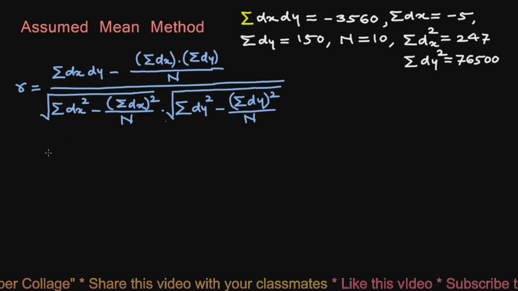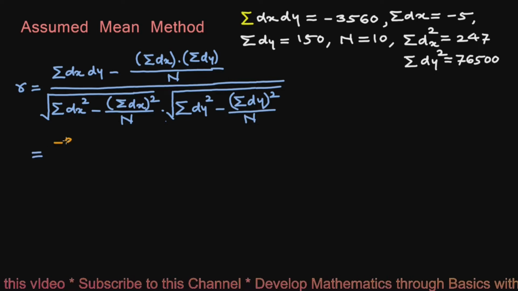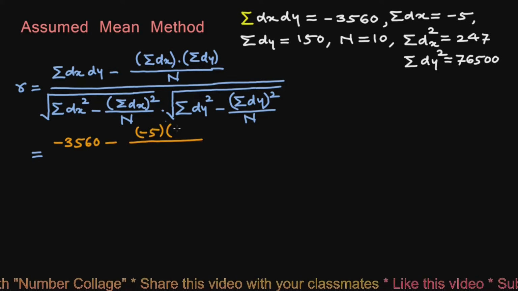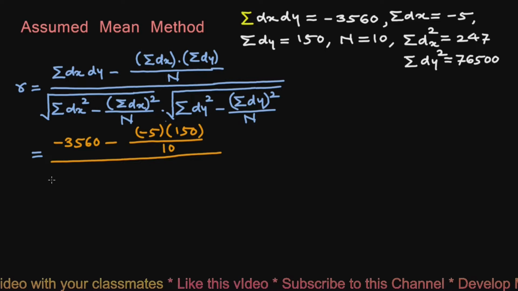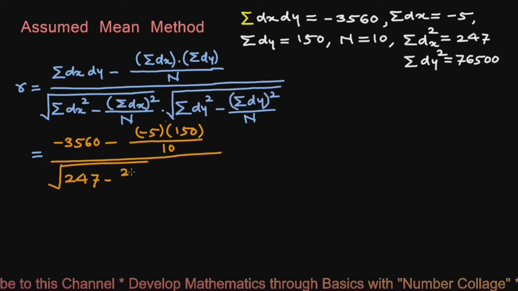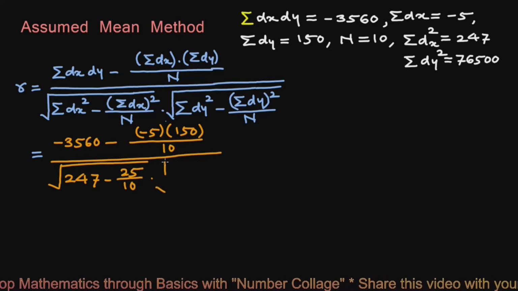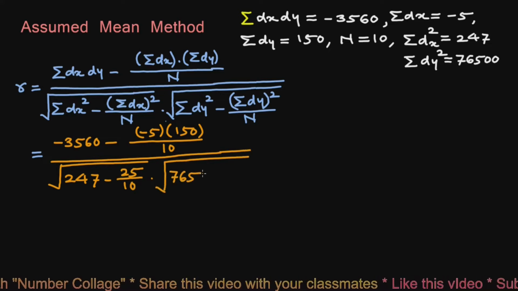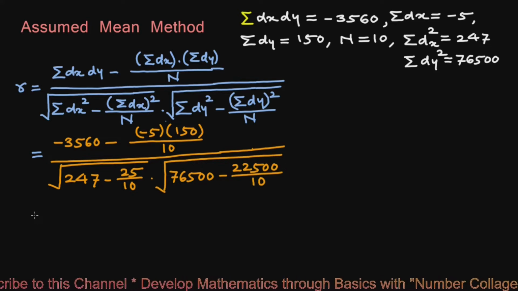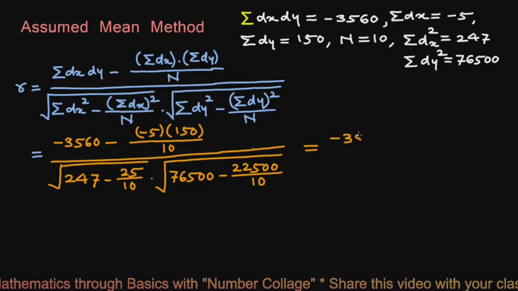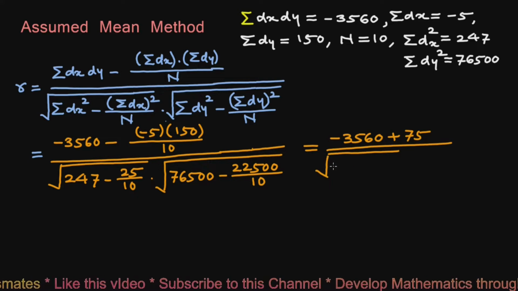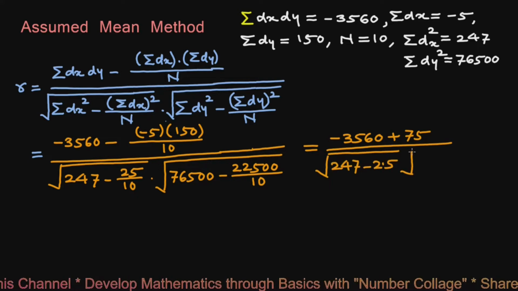Now we will substitute the values and write minus 3560 minus 5 into 150 upon 10, upon square root of 247 minus 25 upon 10, into square root of 76500 minus 22500 upon 10, that will be minus 3560 plus 75 upon square root of 247 minus 2.5, into square root of